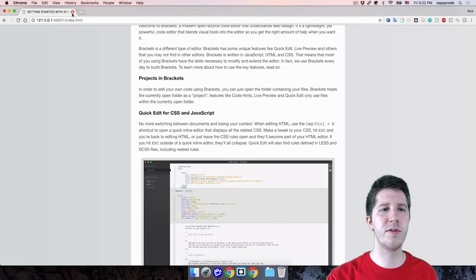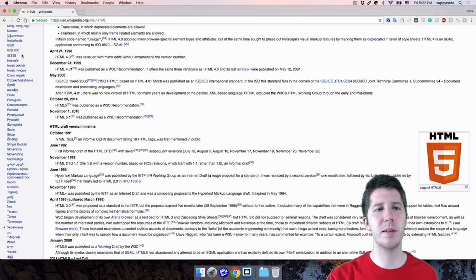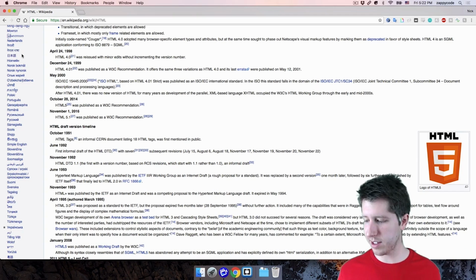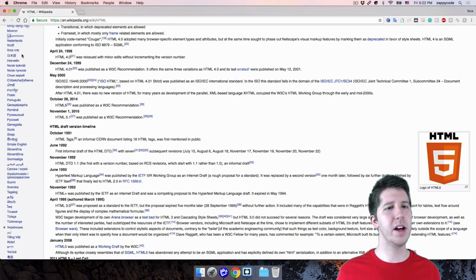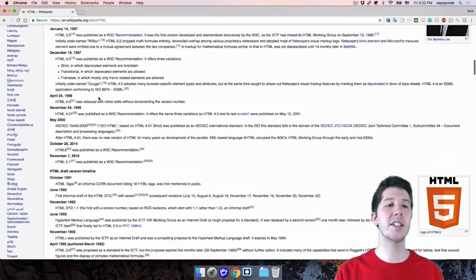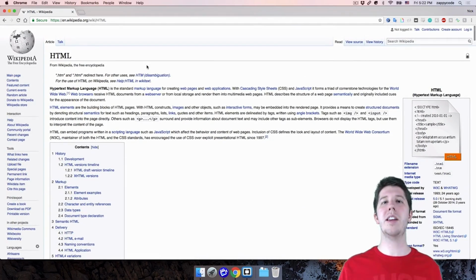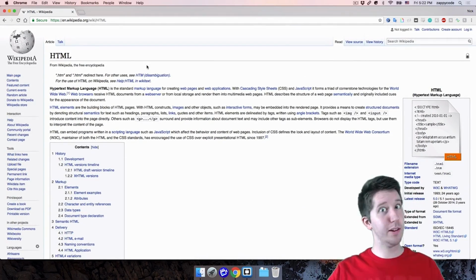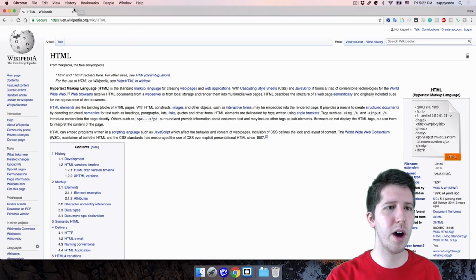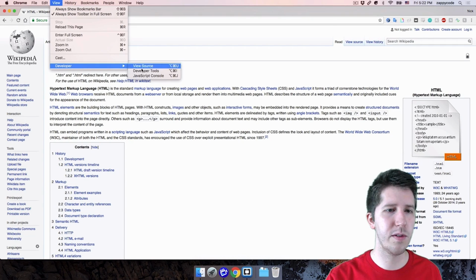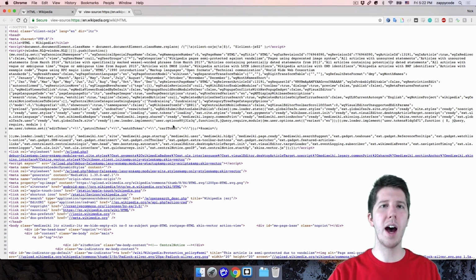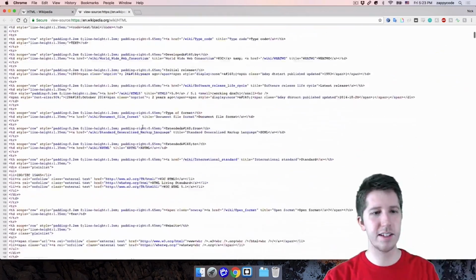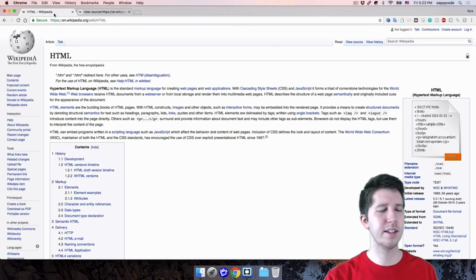So to show you how HTML is used everywhere, like seriously, this is going to blow your mind. Every website that you've gone to is powered by HTML. It's just one of these HTML files with a bunch of these tags inside of there. If you want to see this, for example, on this Wikipedia page that I'm looking at for HTML, we're getting really meta here. If you go up to View and then under Developer, do View Source, this will show you the HTML behind that web page. So this is all the code behind showing this Wikipedia page.